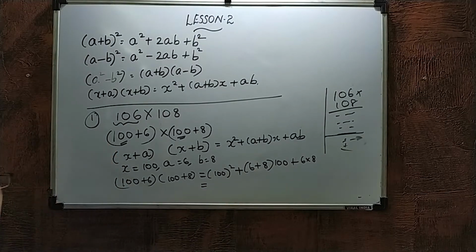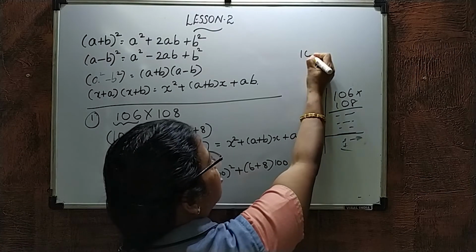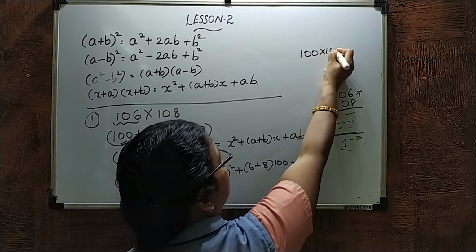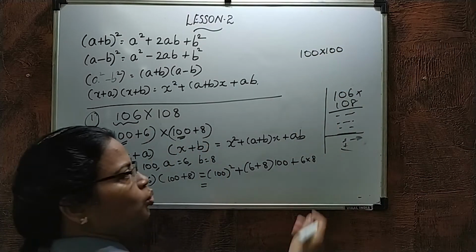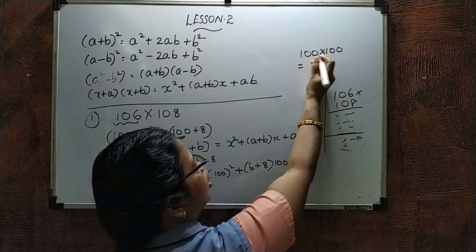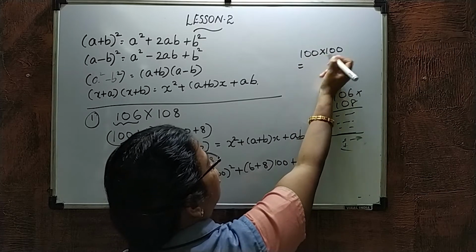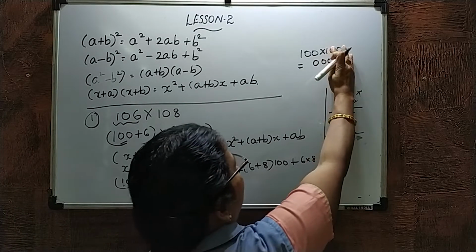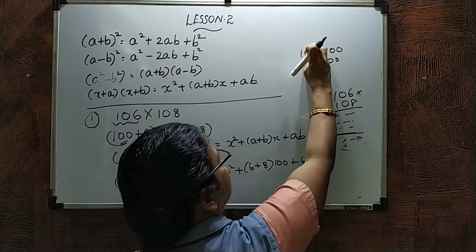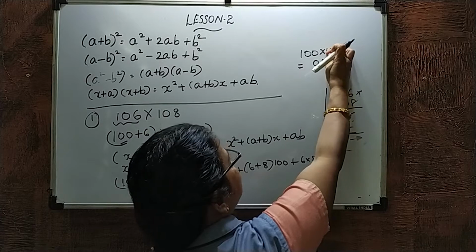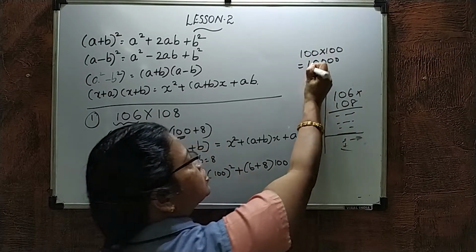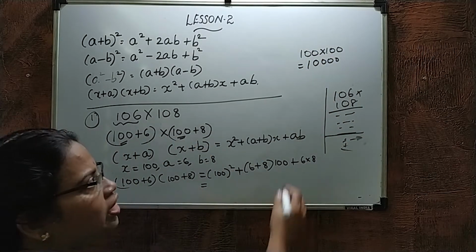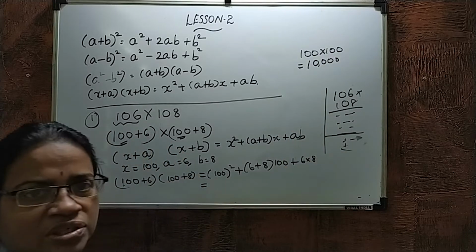100 square. Why are we using 100, 1000 and so on? Because we can do it very fast. What is 100 square? 100 into 100. How will you multiply? No need to write it out like this. Only write how many zeros there are: 1, 2, 3, 4. Four zeros. Write the four zeros first, then the remaining 1 into 1, which is 1. You will get the answer 10,000.